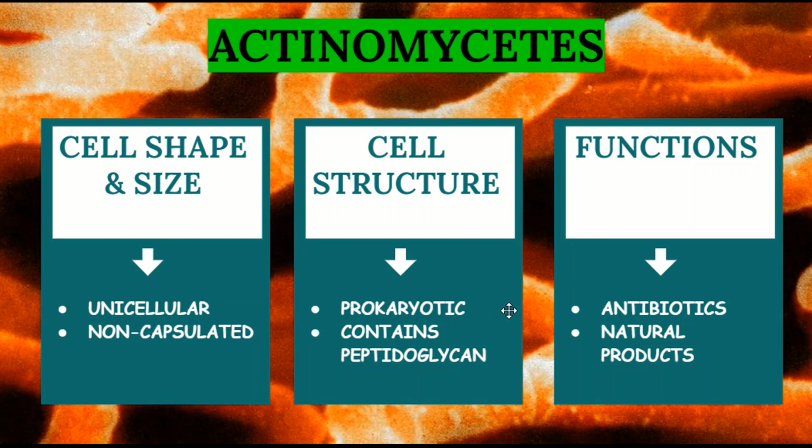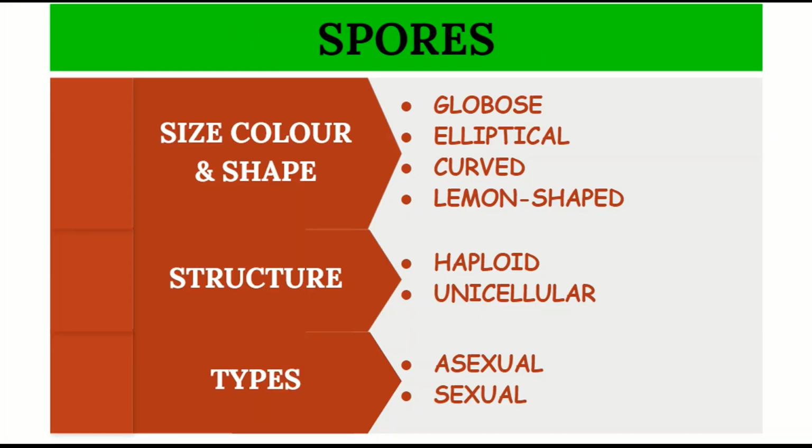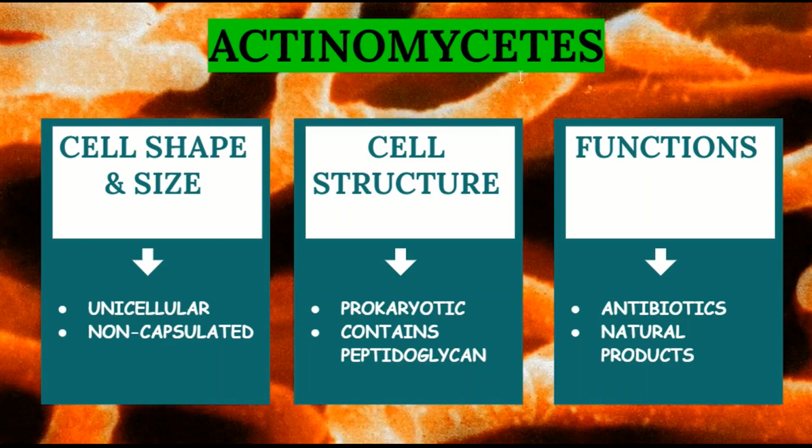Next, we are going to discuss spores. But one more thing about actinomycetes: they normally reside in the human gastrointestinal tract, throat and mouth. Mostly they are present there. So they can survive in high pH and high temperature environments, as you can infer from their survival in the gastrointestinal tract, okay?